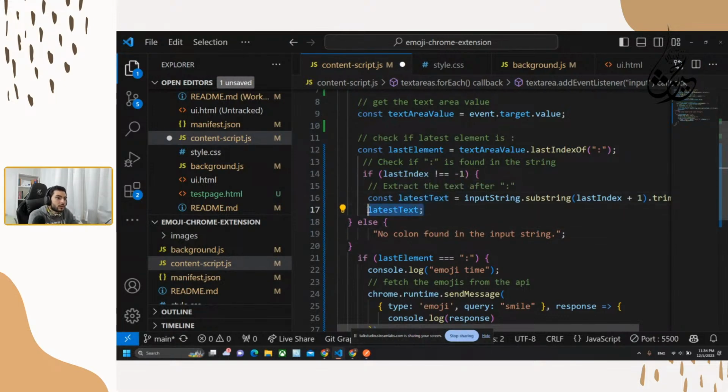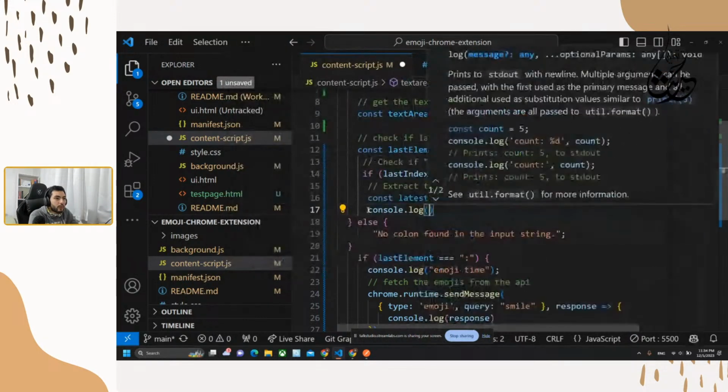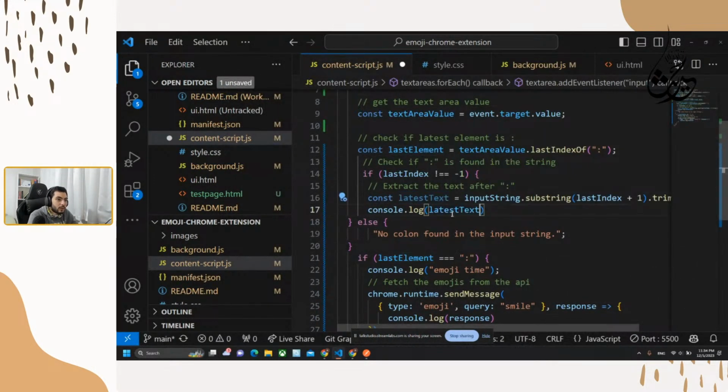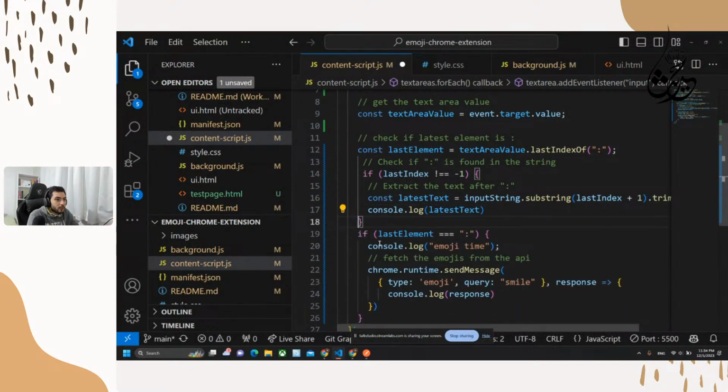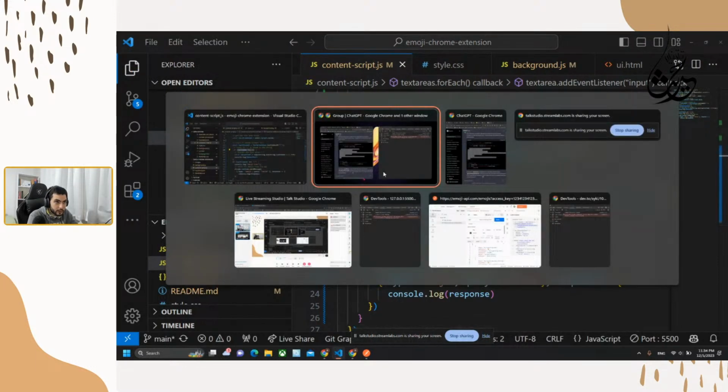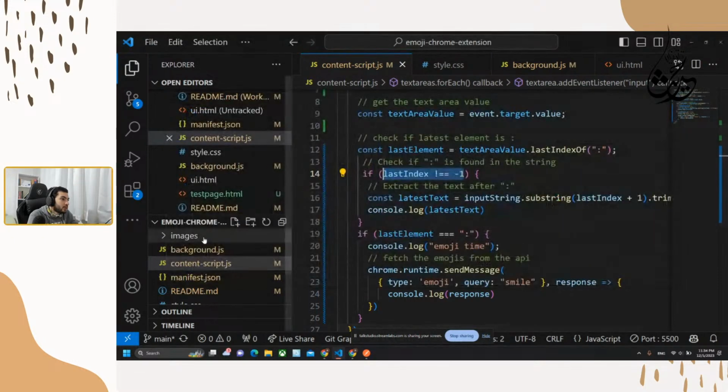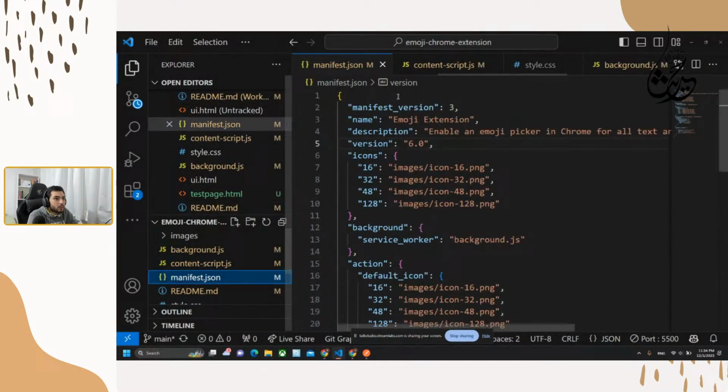Okay, so let me just console log that, to check what its latest element is, and I don't need this here. If last index is not -1, which is the result that we are getting, we will see what we are having. To double check that it will work, I will just go to manifest, have the .7,